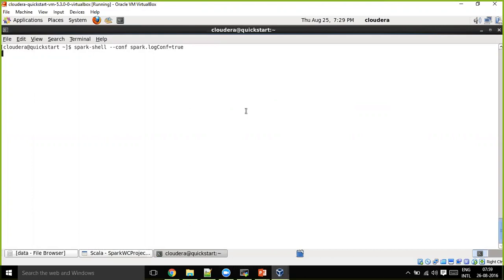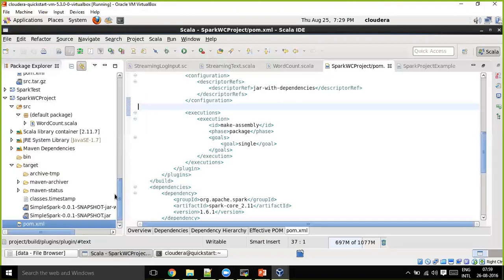Shiva, are we running the same program in the shell, or what are we doing here? So here I'm not running that program in the shell. I have shown you that WordCount program, I think in the demo session. I can run that, but I'm not doing that. What I'm trying to show you is first make you familiar with the Spark conf and Spark context object, and how we use that in writing a Spark application inside Eclipse.